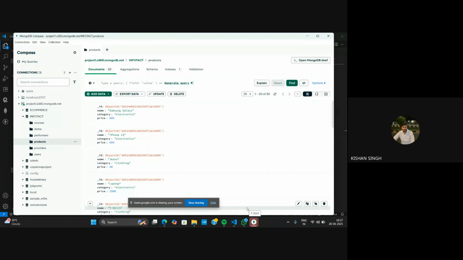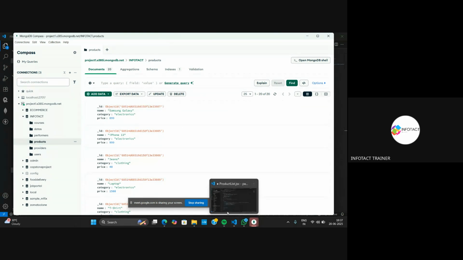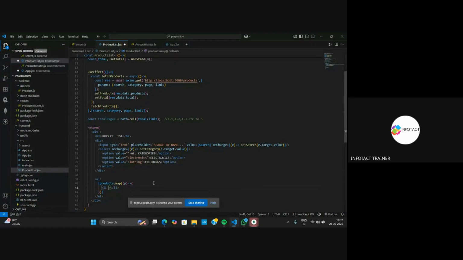Using the ID. So we are taking the key equal to p._id in order to take the unique products. And here we will pass p.name